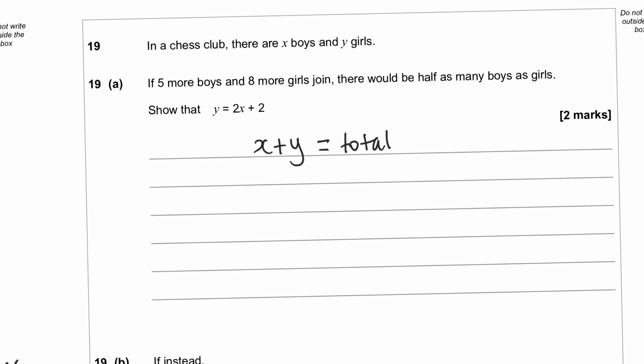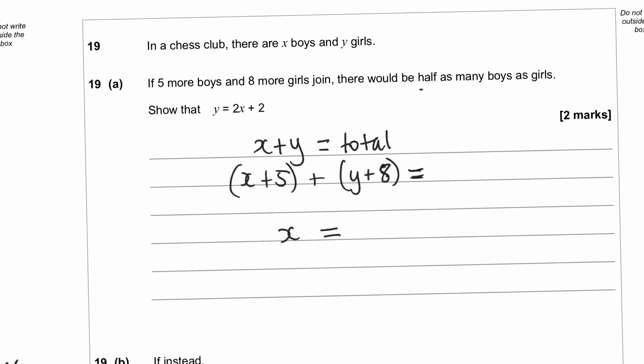It's saying that 5 more boys join, so the boys are now X plus 5. And 8 more girls join, so the girls are now Y plus 8. And it says that if 5 more boys and 8 more girls join, then there will be half as many boys as girls. So if we know that boys is X, and there's half as many boys as girls, that's the same as saying